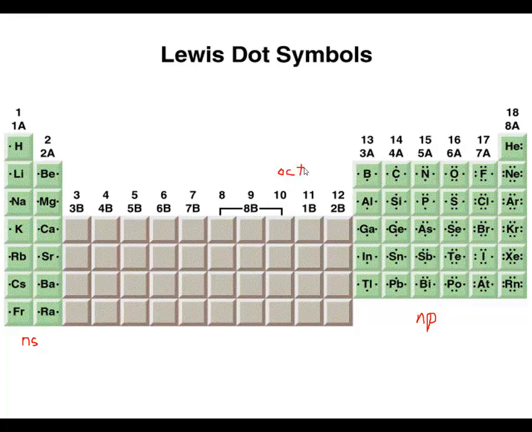Now, once we get 8 electrons around my main block elements, we end up having an electron configuration like the nearest noble gas, like neon or argon or krypton or xenon or radon, and they tend to be very stable like those noble gases. Once they get that number of electrons, they gain stability from any chemical bonding that may allow them to gain that number of electrons, either by transferring electrons or sharing them,